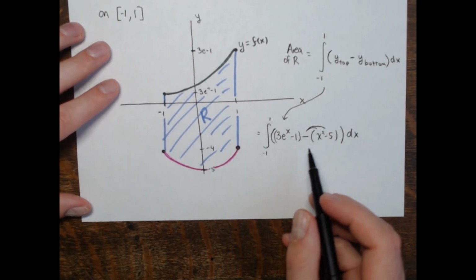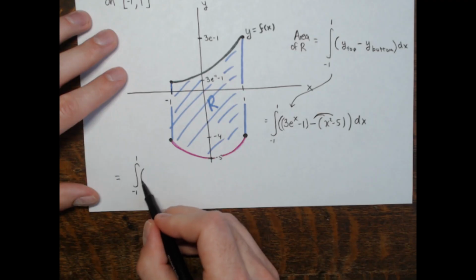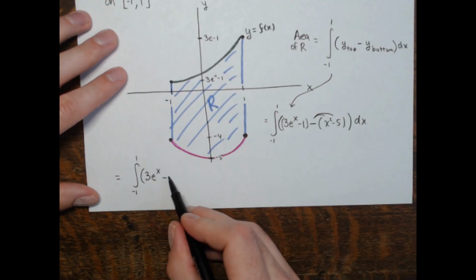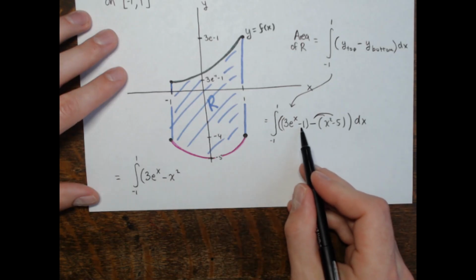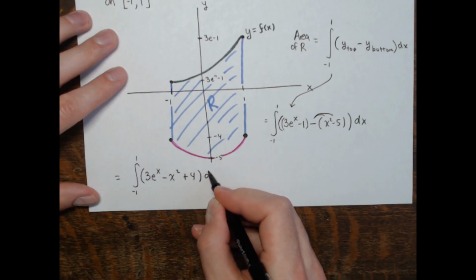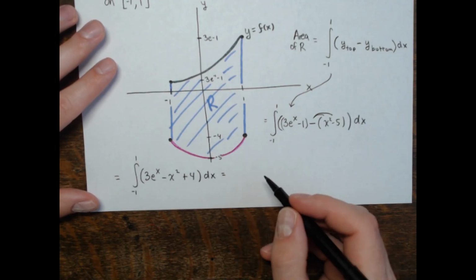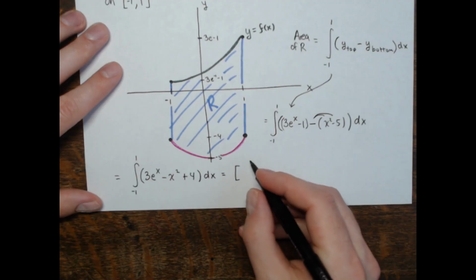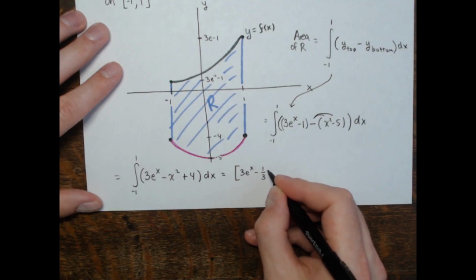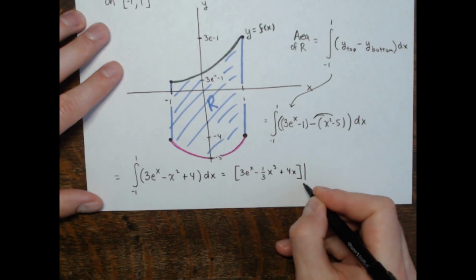So after distributing the negative here, we get the following. So I'm coming down here with the integral from negative 1 to 1 of just 3 e to the x, and there's a minus x squared. Then I had -1 here, minus -5, -1 plus 5 for +4. And then I'm using the fundamental theorem of calculus part 2, where I state the antiderivative here. So that'd be just 3 e to the x minus 1/3 x cubed plus 4x. And we're going from -1 to 1,